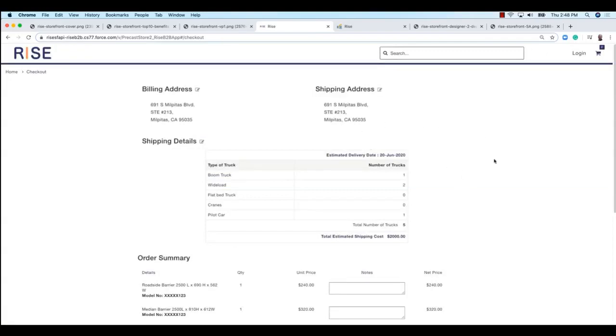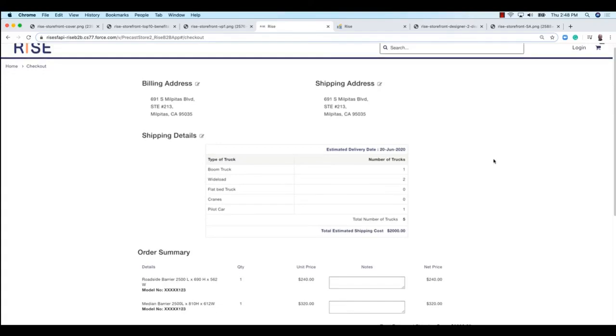This is not a normal flow in a shopping cart experience, because your shipment also has to be shipped to you, because in the precast industry, the product is shipped to install, right? So the trucks will deliver literally on site for installation. So it is literally built to install. In this particular case, it looks like we'll be needing a boom truck and a wide load truck and maybe a pilot car. This is just a sample of what we would be building. The shipping cost is now included in the total cost.